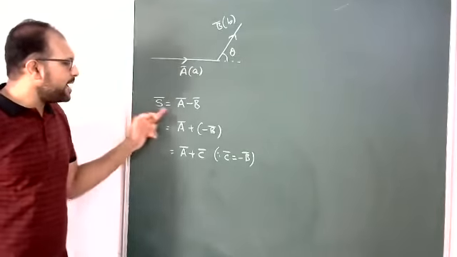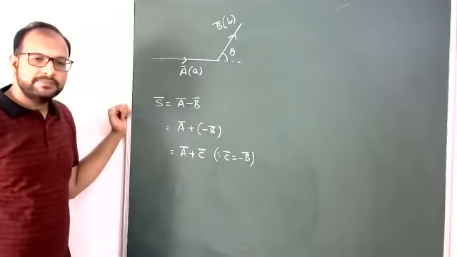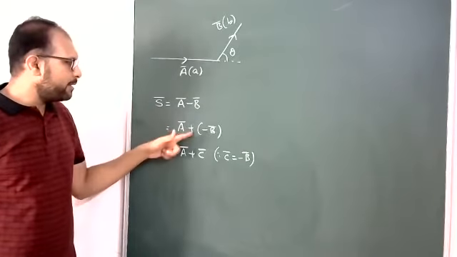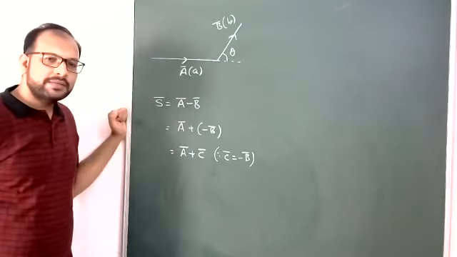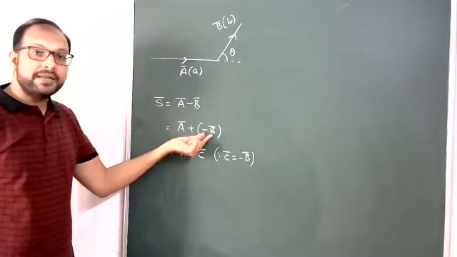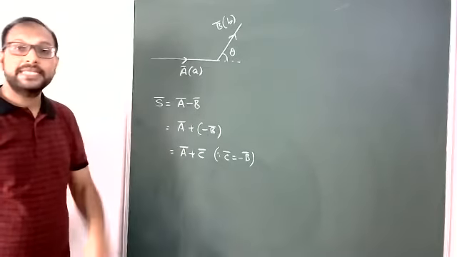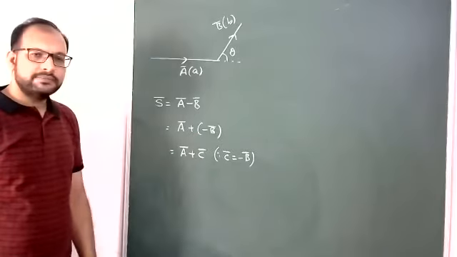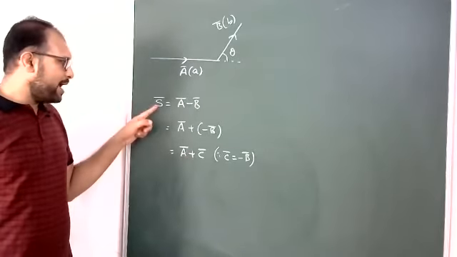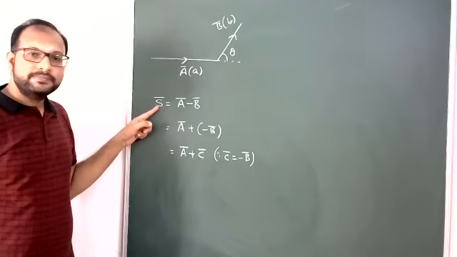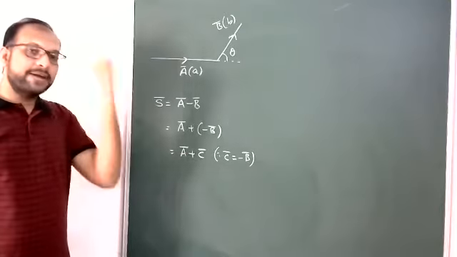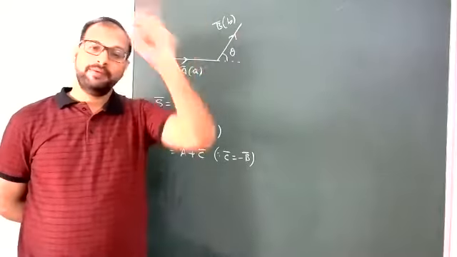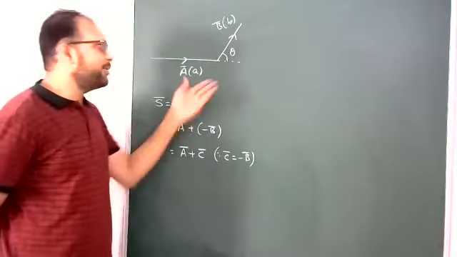So that's why S bar equals A bar minus B bar. This is our target. I am writing A bar plus of minus B bar. Minus B bar is the negative of B bar, that is one more vector, C bar. So A bar plus C bar is S bar. Now our target is A bar plus C bar, which is just like the vector addition of A bar and B bar, the previous one, so easily you can find it.